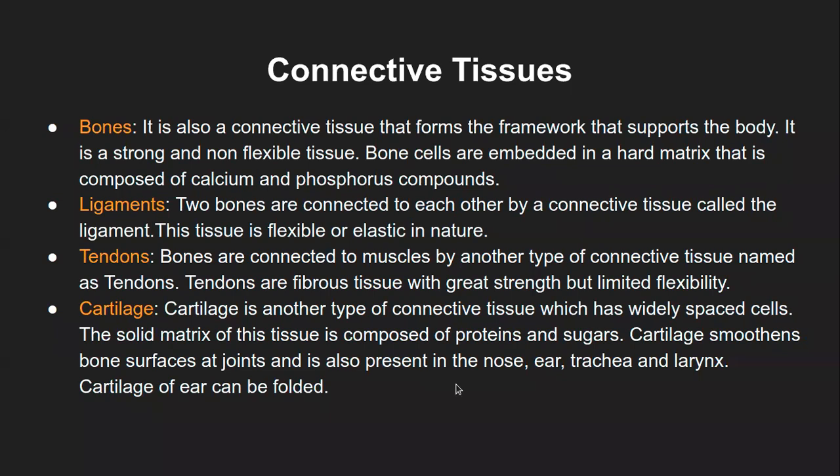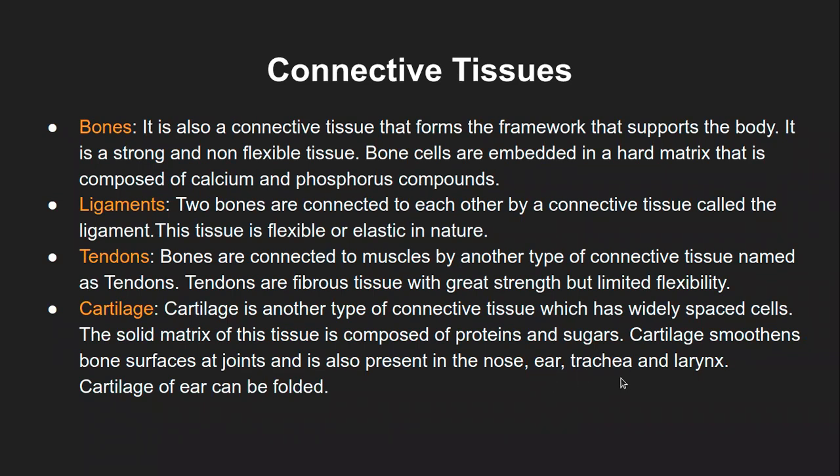So cartilage is another type of connective tissue which has widely spaced cells and more of the intercellular matrix. And the solid matrix of this tissue is composed of proteins and sugar. Because of these proteins and sugar, it has a little hard texture compared to the other types of connective tissue. This cartilage will smoothen the bone surfaces at the joint, and is also present at the nose, as I showed, the tip of the nose, and the front portion of the ear,